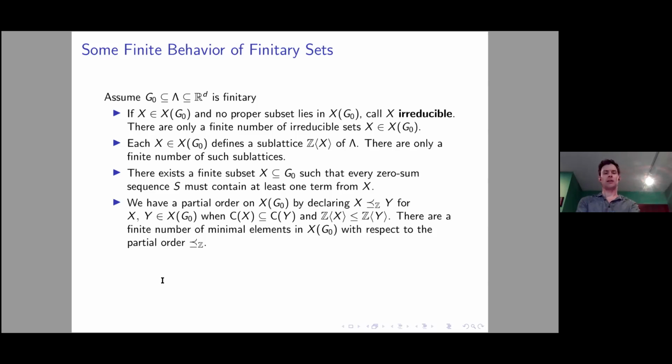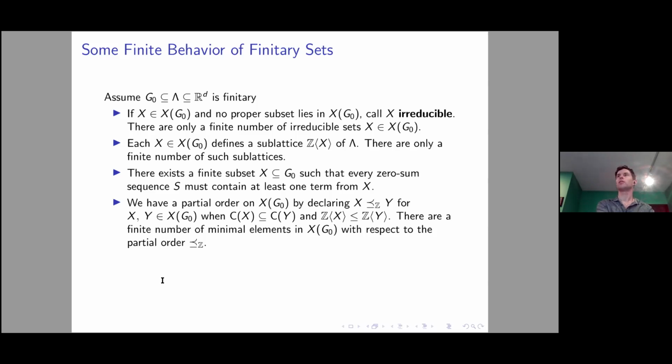And here's one that's important, but probably a little bit harder to grasp right away. We can define a partial order on this set system by declaring, say we had two sets X and Y that lie inside our set system, X is less than Y if the convex cone generated by Y contains that of X, and if the lattice generated by Y contains that of X. And with some work, you can show that this also has only a finite number of minimal